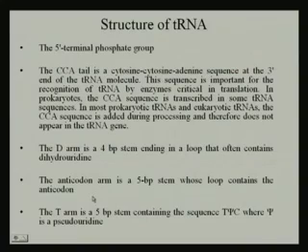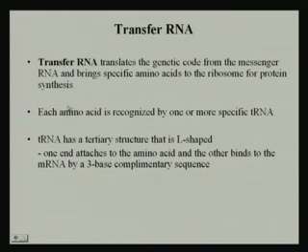Now, coming to the tRNA. Transfer RNA translates the genetic code from the messenger RNA and brings specific amino acids to the ribosome for protein synthesis. Each amino acid is recognized by one or more specific tRNAs. tRNA has a tertiary structure that is L-shaped. One end is attached to the amino acid and the other binds to the messenger RNA by the 3 base